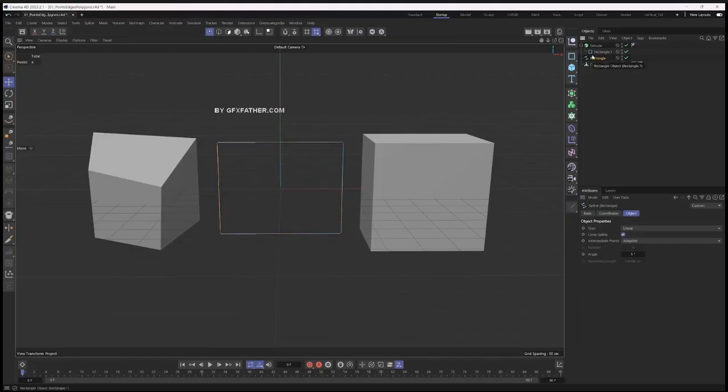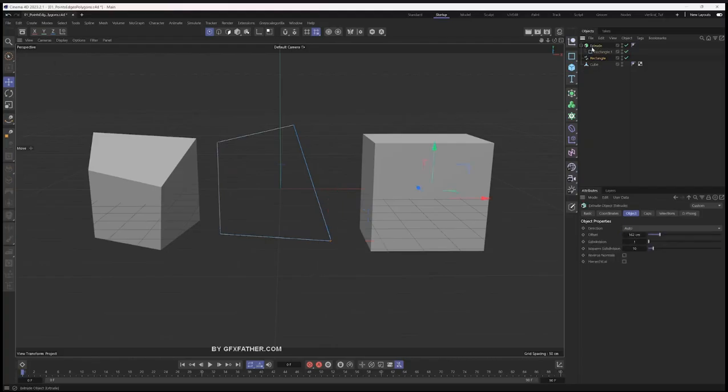So that is the difference between a parametric object and a live piece of geometry, and an editable piece of geometry where you can edit everything as far as the points, edges, and polygons go. You can no longer access those parametric options that we had before, like the height, width, and say rounding for this rectangle. Now, as far as this extrude goes, if I go and make this rectangle editable by hitting C,